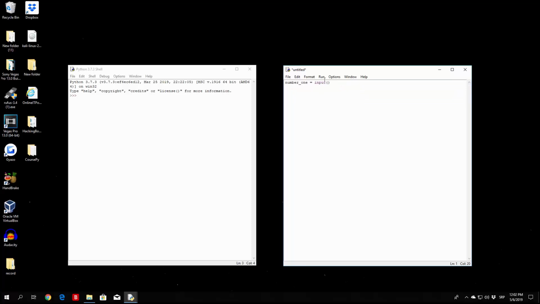Now, what this input function will do is, once we run the program, it will block the program entirely, and it will wait for a user of the program to input something on their keyboard. So for example, it will pause at this part right here, and it will wait for a user to specify, for example, 3 or 4 or 5. Since it is a number, we will need to specify the number to the actual program. So number_2 will also be equal to input,